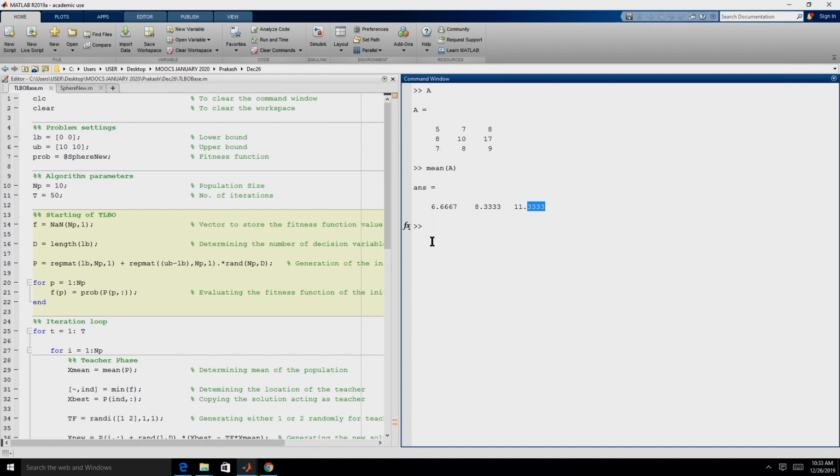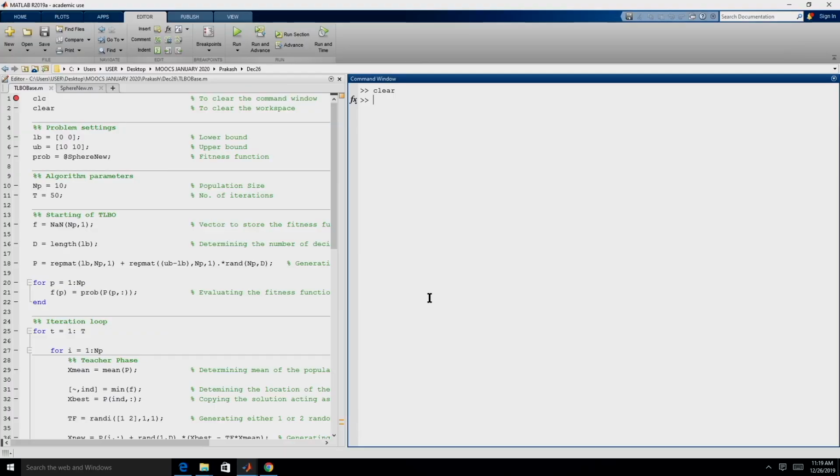One more important operation that we will require in TLBO is the bounding of the decision variables, the corner bounding strategy. If a variable is violating the lower bound, we will have to move the value to the lower bound, and if the value of a variable happens to violate the upper bound, we will have to move the value to the upper bound. Obviously, we can implement an if condition and then check whether it is violating or not, or we can use the max and min function.